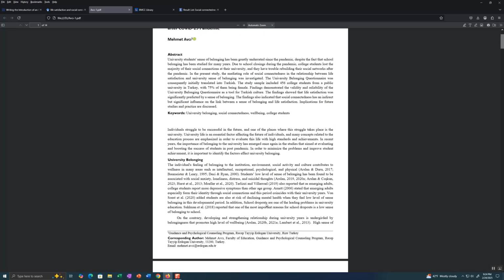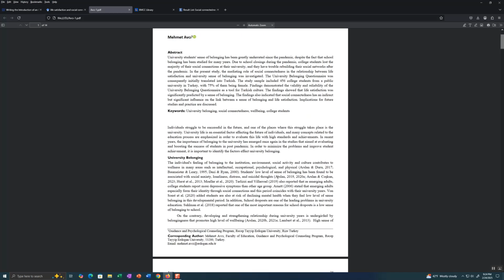And as you can see in this paper, you have all kinds of citations. Everything in parentheses here is a citation. So what they've done is they paraphrased the material. This is what you're going to do. You're going to paraphrase the material, parts of the article. That means put it in your own words, talk about it in your own words, and then cite in parentheses author, year. That's what you're going to do. Cite author, year.